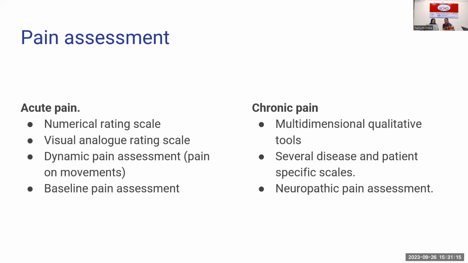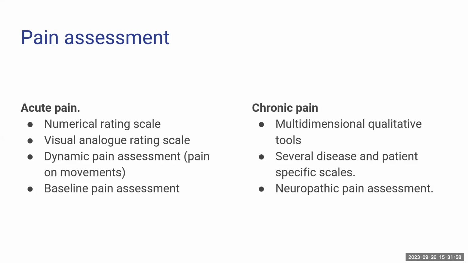Next, coming to how we are going to assess. You have the numerical rating scale. Various types of scales are there, and we can go on enlisting. But here what I would like to say is you have to use something that is feasible, best, and most useful for your local community. Every place or every hospital will not have the same demographic type of patients, so you try to tailor make. These are the basic ones which are available. You have to tailor make what suits your population and use it. There's no hard and fast rule. You do what is best for your area.